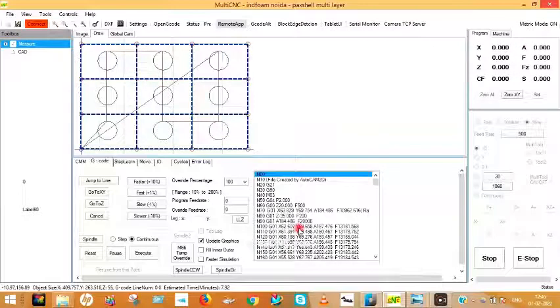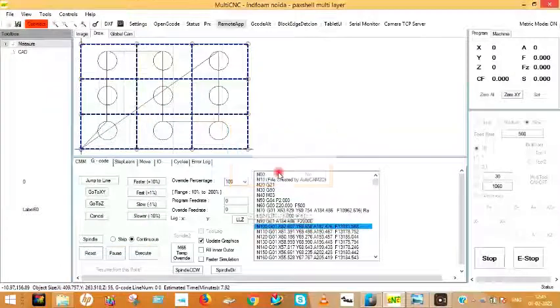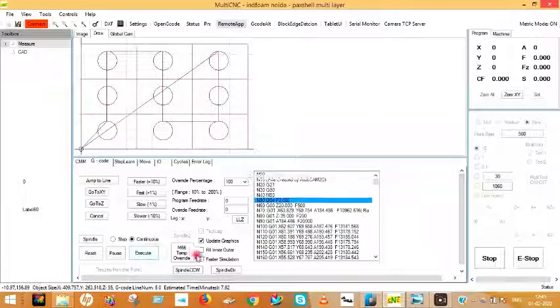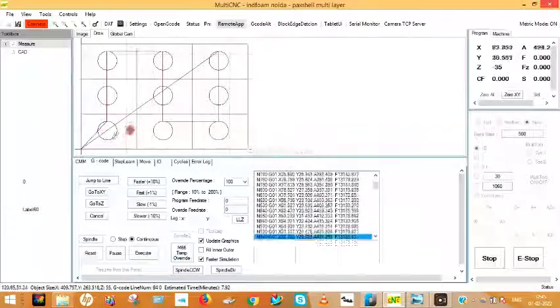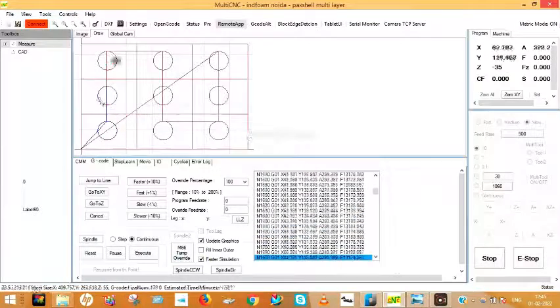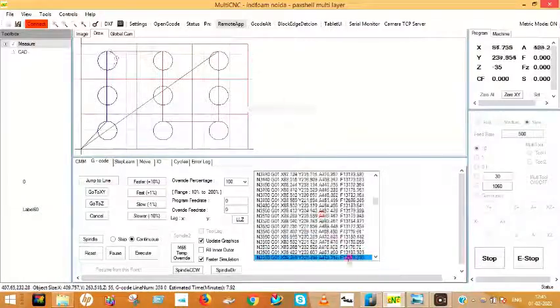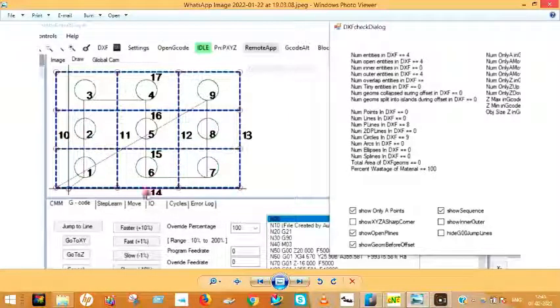Now I will show you the simulation. I will execute, so you can see the simulation. I will show you a faster simulation. You can see first it will cut this and then it will go here, here, here, then it will cut the vertical and then the horizontal. You can see the numbers 1 2 3 4 5 6 7 8 9, then it will cut 10 11 12 13 14 15 16 and 17, like that it will cut.